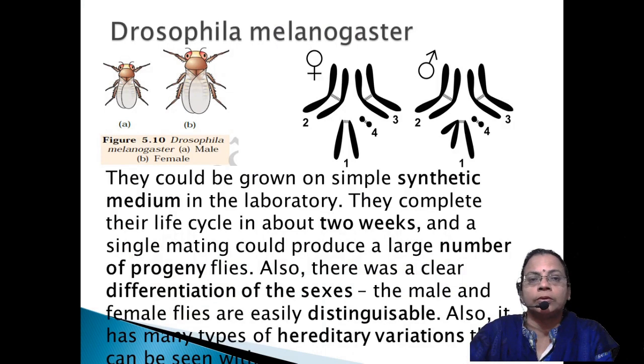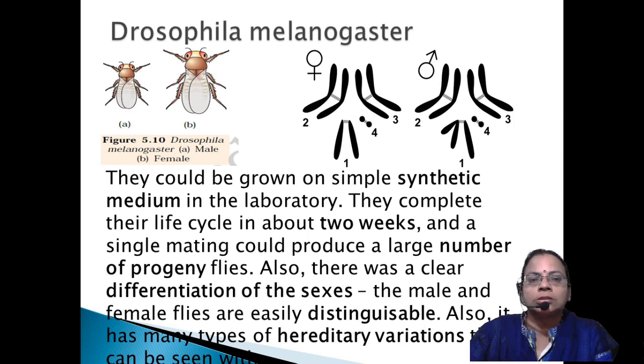it can be grown in a simple synthetic medium in the laboratory. Second point, they complete their life cycle in about 2 weeks. And a single mating itself produces a large number of flies. And they show contrasting characters. If one group has red eyes, the other one will have white eyes. Then very easily we can detect the sex, that is, here in the figure itself we can see male and female. Male is comparatively shorter